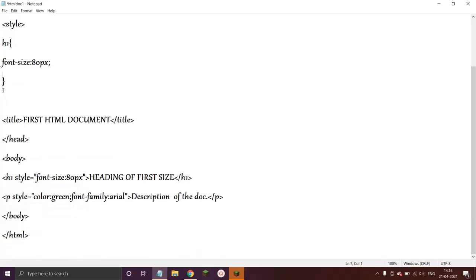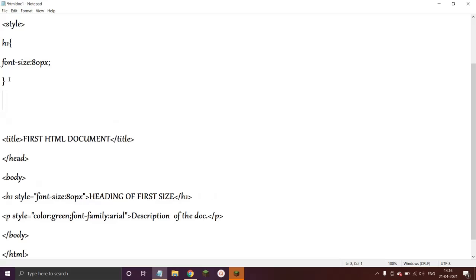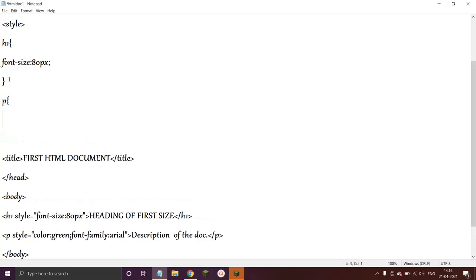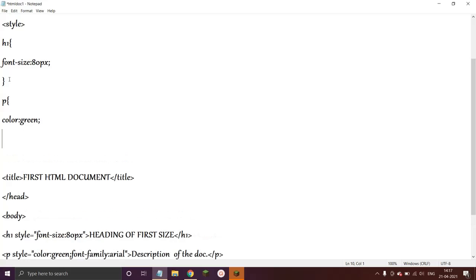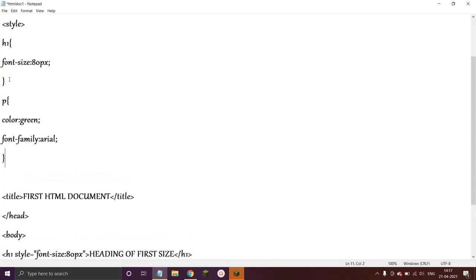So let us do the same thing by using the embedded styling method. So I'm using the paragraph and then open curly brace and color green semicolon and then the font family Arial semicolon and then we end the curly brace, okay?